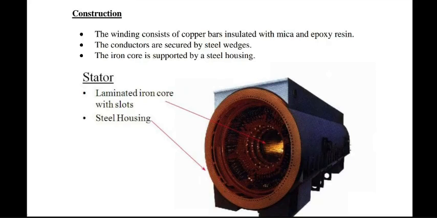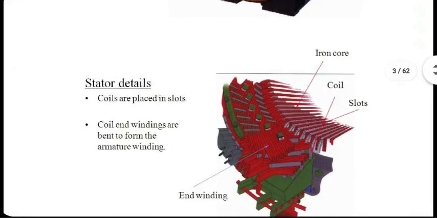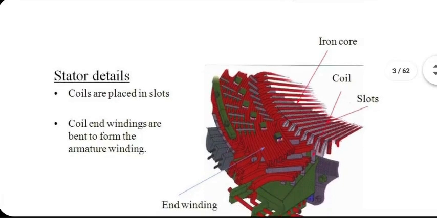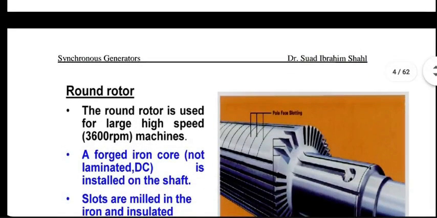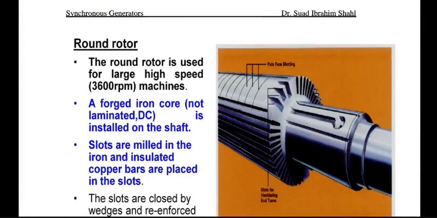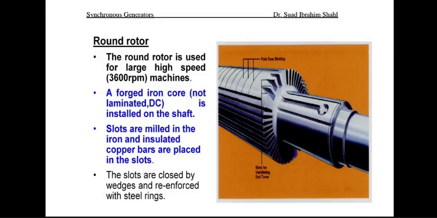I think I'll have to stop soon, but just give me two more. Stator details. You see the slots here. They have given you a conceptual 3D picture here. Rotor. This is how the rotor looks. It's coming out here. A lot of details related to construction are given here.